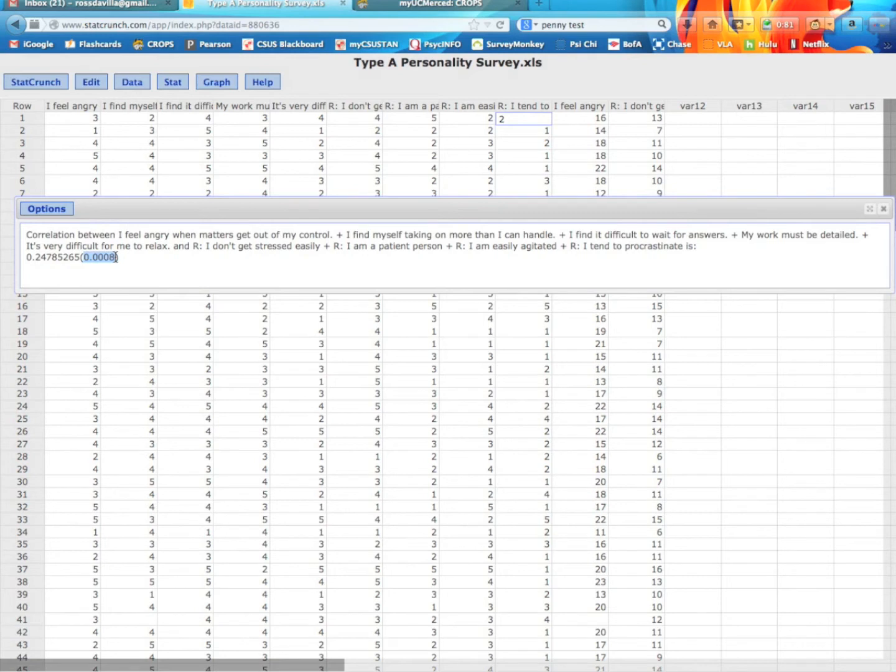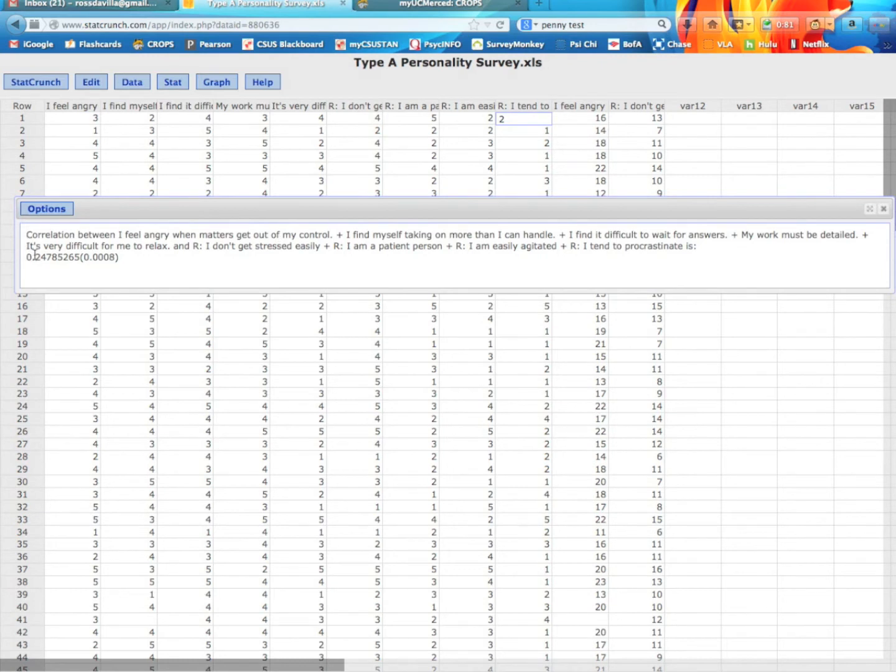And we want that correlation to be positive, basically that the first half of the scale is positively related to the second half, as we'd expect. And indeed it is. Otherwise this would be a negative number. So just as expected, we have a positive correlation here of around 0.25, and it's significant at p equals 0.0008, so well below 0.05. So that's one way to quickly check reliability. And so far, this scale looks okay.